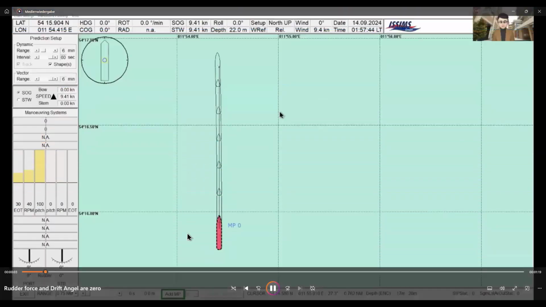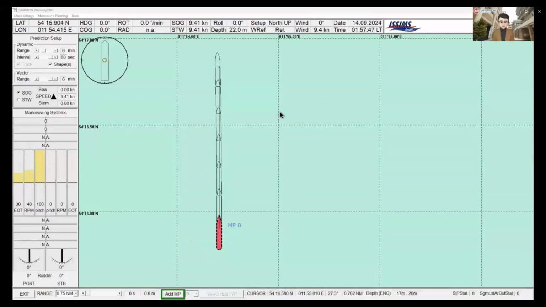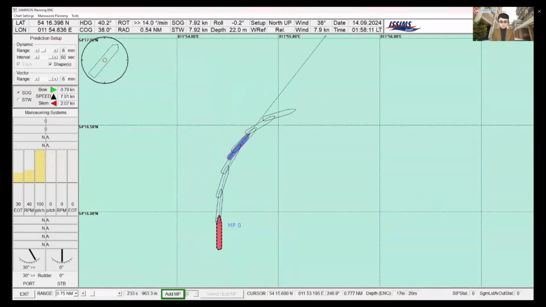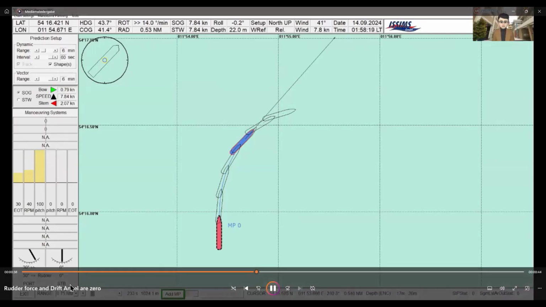To demonstrate that the rudder force and also the drift angle will disappear and go back to 0 as soon as I put my rudder midship, we can demonstrate this on a small example. So I will put my rudder on the starboard. And then we can see that this is actually the way the ship will go, and that is my velocity and what I will expect in 6 minutes. So now I'm turning my ship. You can see that this will now be the drift angle. Now, if I place my rudder midships,